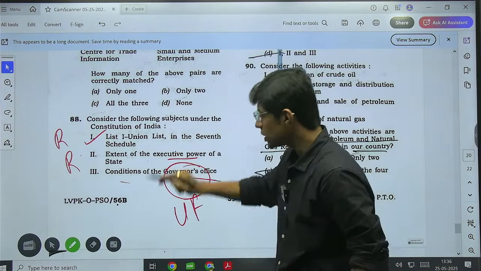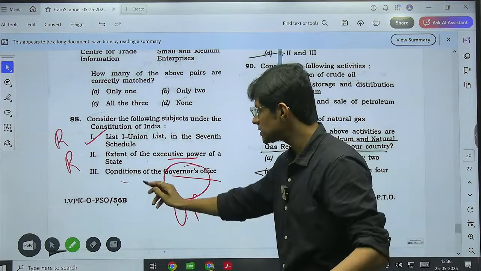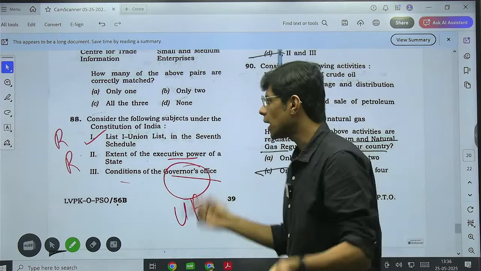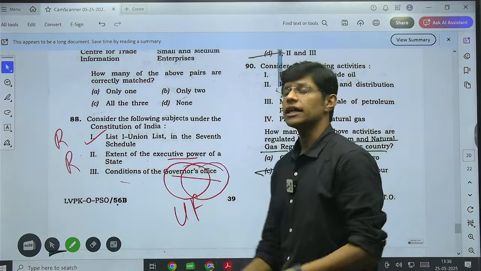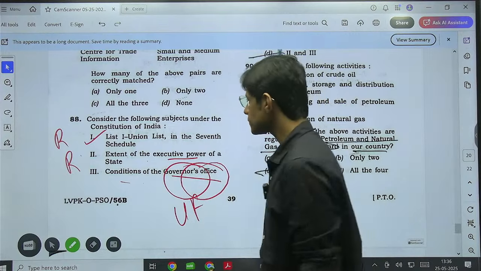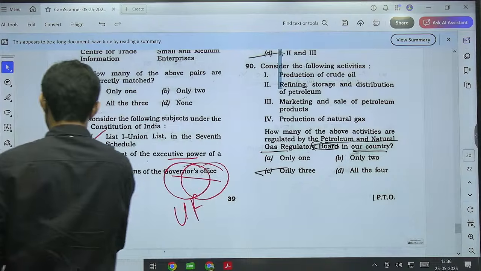So these two affect the federal feature. This does not affect the federal feature. Why? Because the governor's office is a unitary feature, which means 1 and 2